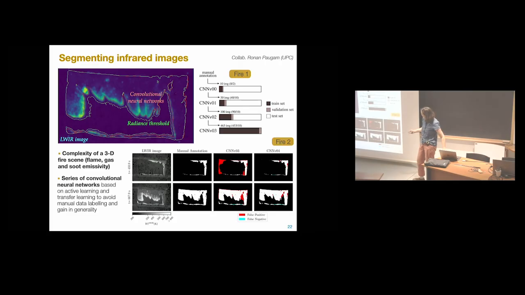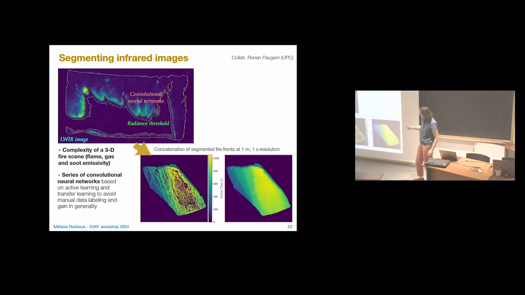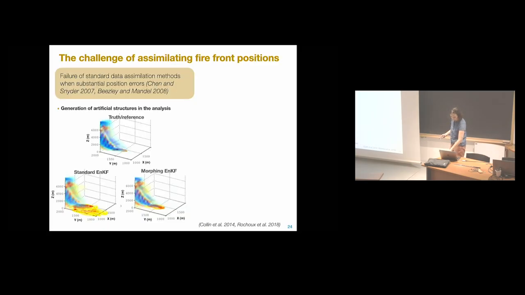And in the end, the idea is to obtain a burning map where you have the arrival time at very high resolution. So here for this case, the Savannah fire in Kruger Park, you have a 1 meter, 1 second resolution of your arrival time map. And this is really valuable data to test the data assimilation system, to see what is the frequency at which you should assimilate the data and things like that. So lots of work on this part, but deep learning is really helpful for this.